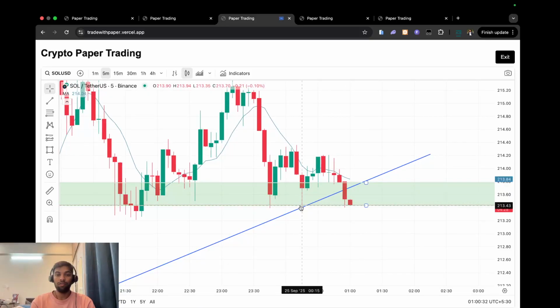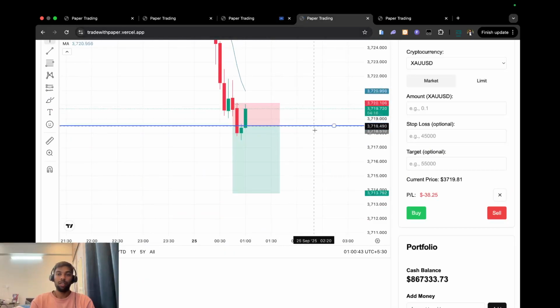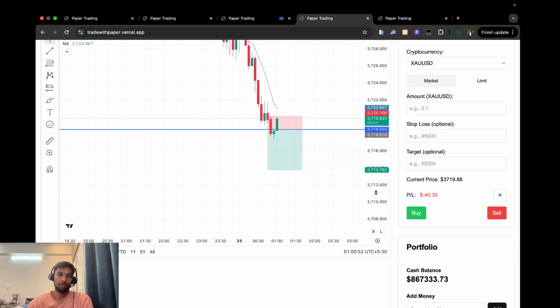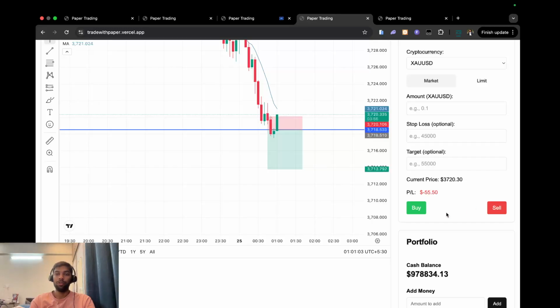I'm thinking that if it is a real breakout, then it will end up somewhere here, and we can have a good trade in down direction. So okay, guys, I think it is reversing and taking a stop loss, and we will take our trade out at this point. Okay, so our stop loss hit, and we squared off our position.